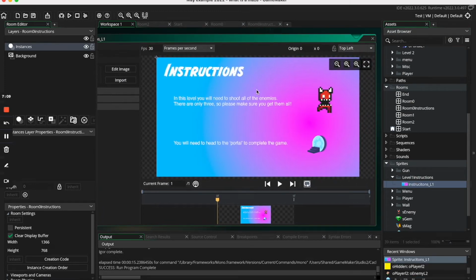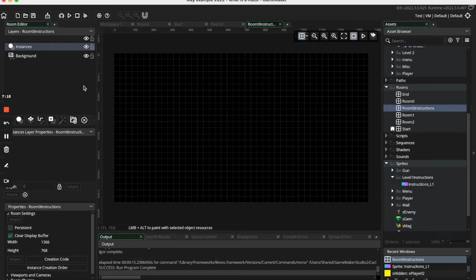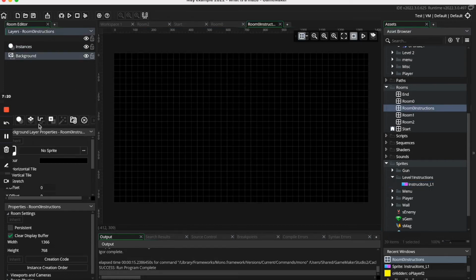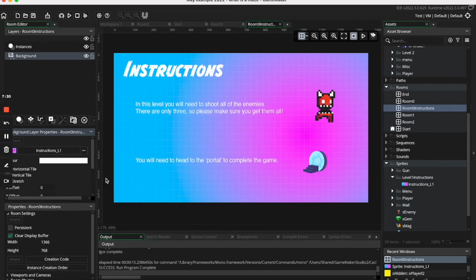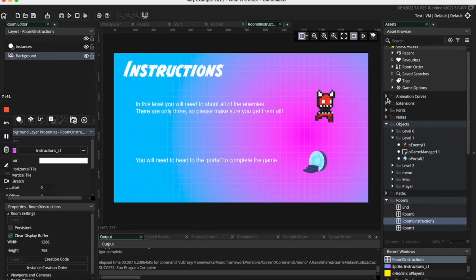Now what you will need to do is set this image as a background in this room. So how do you do that? Very easy. If you double click on the room, and then let's go on the background, and then set the sprite here, choose the appropriate sprite. So you've seen now we've made this folder, instructions level 1, as you can see it's there. You're also going to need to put a button in here to go into the correct level. So if you wanted to draw another button, I'm just going to add in